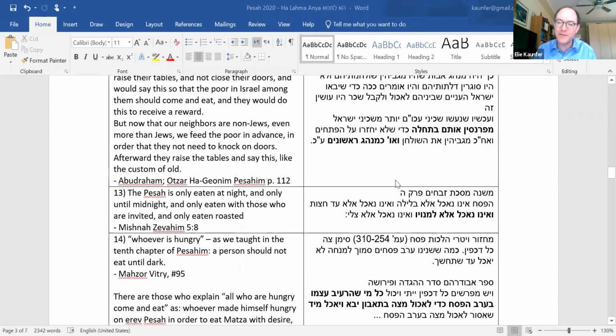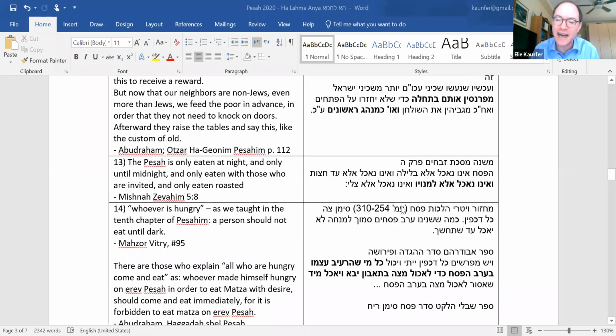The last interpretation of Kol Dichvin Yetei V'Yechol is a more halachic interpretation, where actually, who am I speaking to? It's not those people out there who are hungry, but rather it's the people at my own table. Who am I addressing? I am addressing the people who have made themselves hungry because they wanted to enter the Pesach Seder with te'avon, with desire to eat. That is to say, you're supposed to enter the Seder hungry, so that when you eat the matzah, you're really, really hungry for it. That's the best way to eat the matzah. And so when I'm saying Kol Dichvin Yetei V'Yechol, what I'm actually speaking to are the people who have made